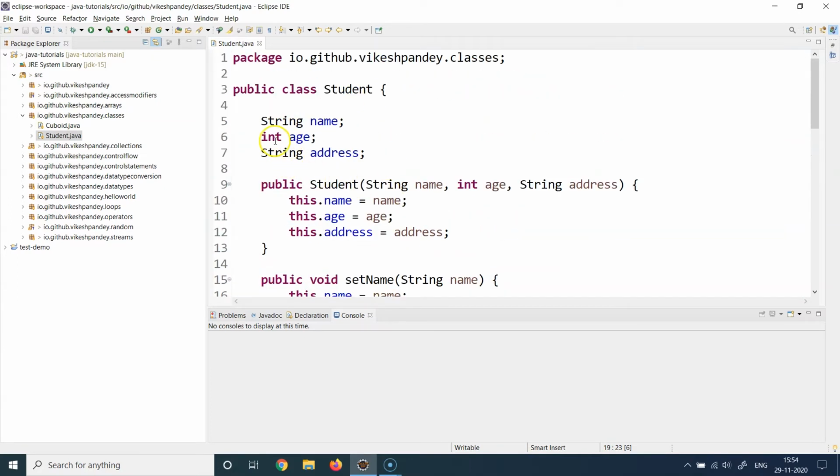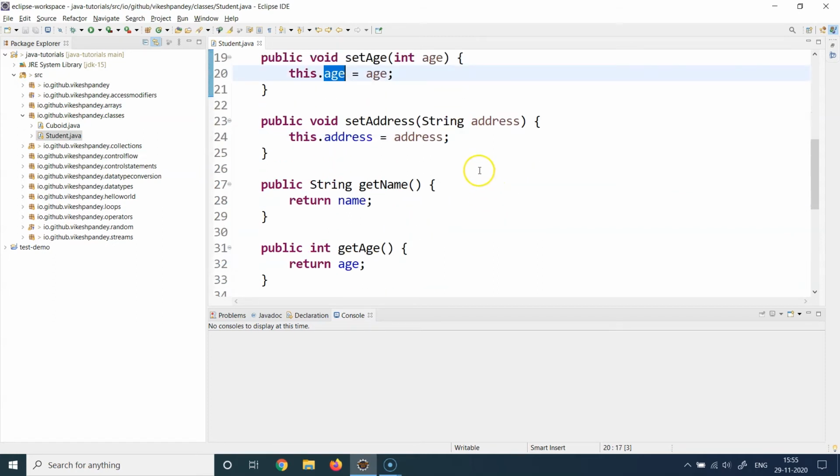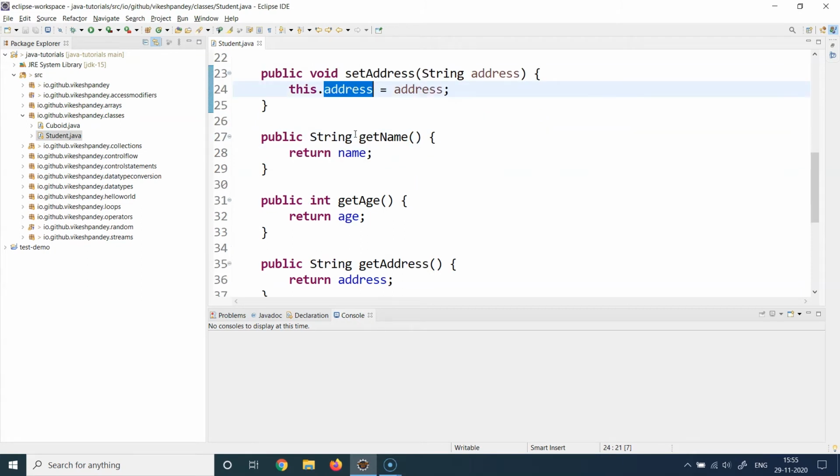If you observed, it's basically an integer. Then I'm saying int age, and whatever value of age comes in will be set in this particular object's age. Then similarly, for set address, we have a string address argument being passed into this method, and this gets set inside the current object's address property. So I've provided a way for the external world to set the values of name, age, and address, because for each student, you would need to set these values.